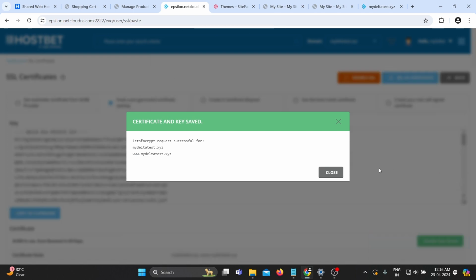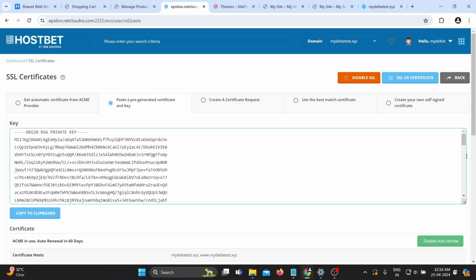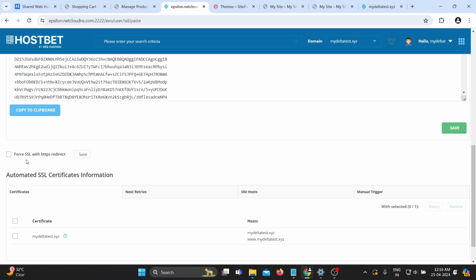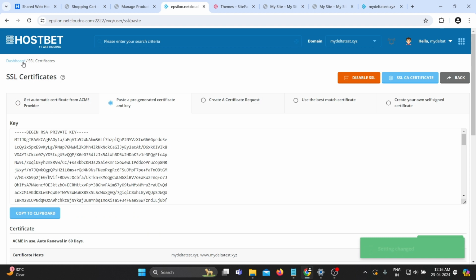Now the certificate is installed, so click on close and scroll, and then you can see an option, force SSL with HTTPS redirect. Select this and then click on save. So the SSL has been installed. Now go back to the DirectAdmin dashboard,